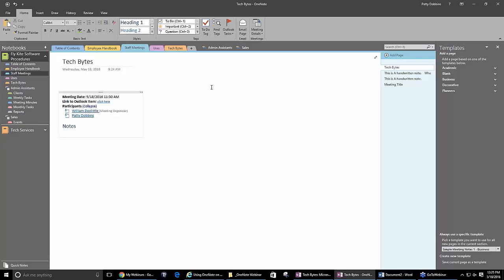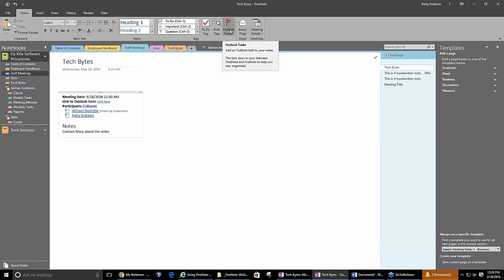Say there are some things that I do need to follow up with on this. Say I need to contact Mary about the order. So here, this is something that is a to-do item for me, but I want it to show up in my Outlook tasks. I can come into Outlook tasks up here, and I'm going to select that, and then I'm going to say, when do I need to have it done by? Today, tomorrow, this week? So I'm going to choose tomorrow. So now it's going to put that little flag in there for me. The really cool thing about this is that this